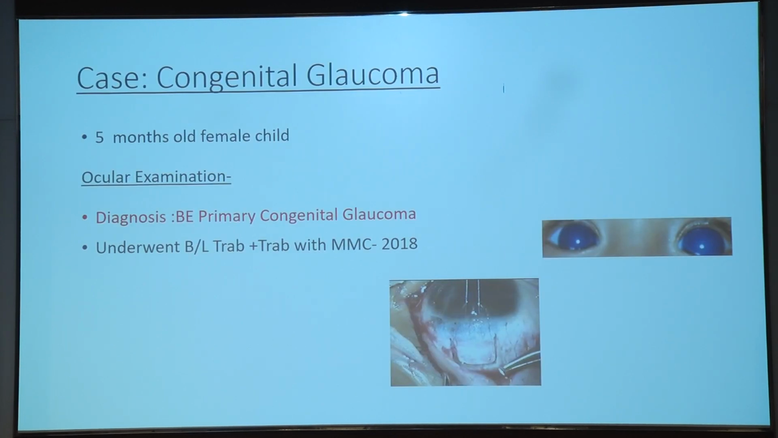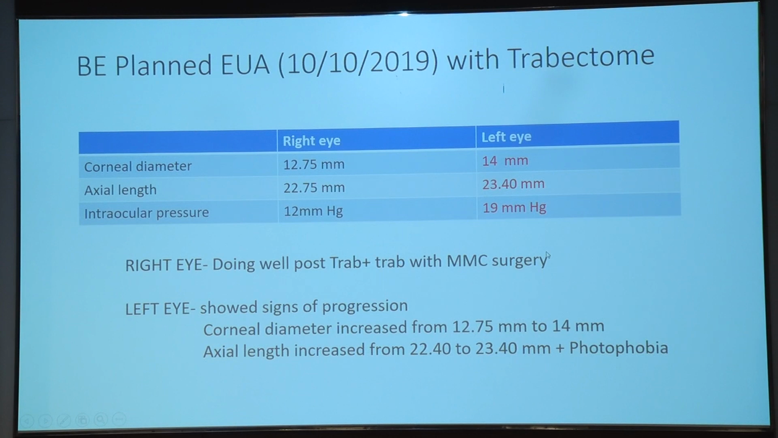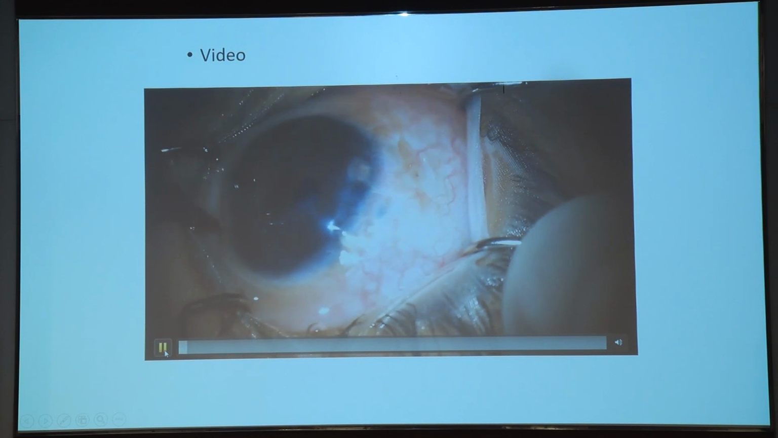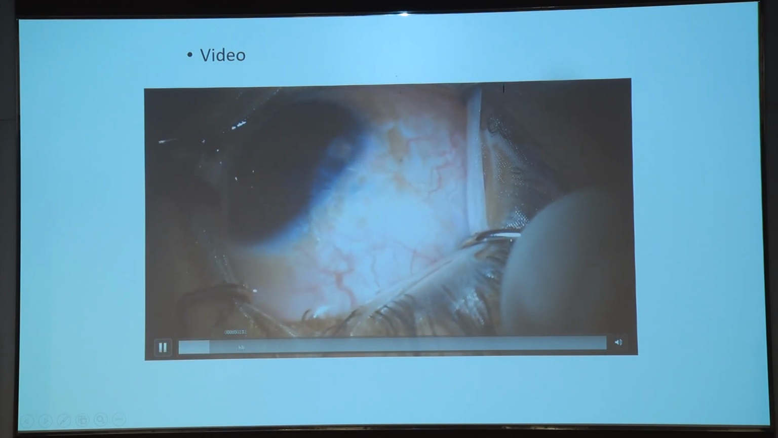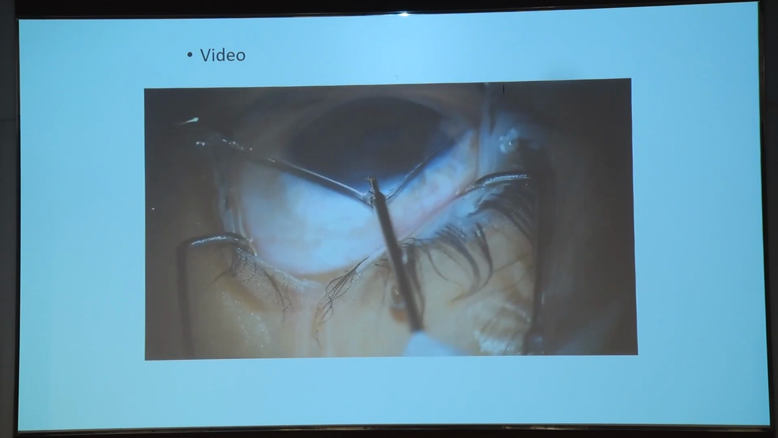In congenital glaucoma, this patient, the child who underwent bilateral trap plus trap, one eye was controlled and there was no progression, whereas the other eye, the axial length increased and the bleb got scarred and showed signs of progression. So in this particular patient also, after failed trap plus trap, the angle procedure trabectome was performed, and